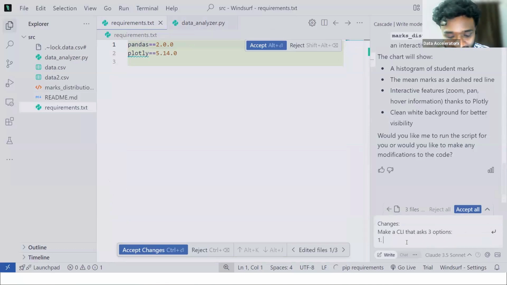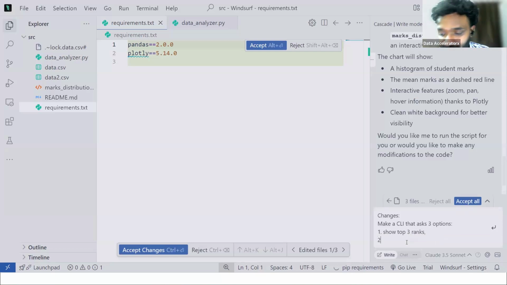Okay, first option, show the top three rankers. So top three ranks of student and admission number. We'll see what it can do, because I don't want to write so many things. So we'll just write top three ranks, enough. And then we will write the second one that will show